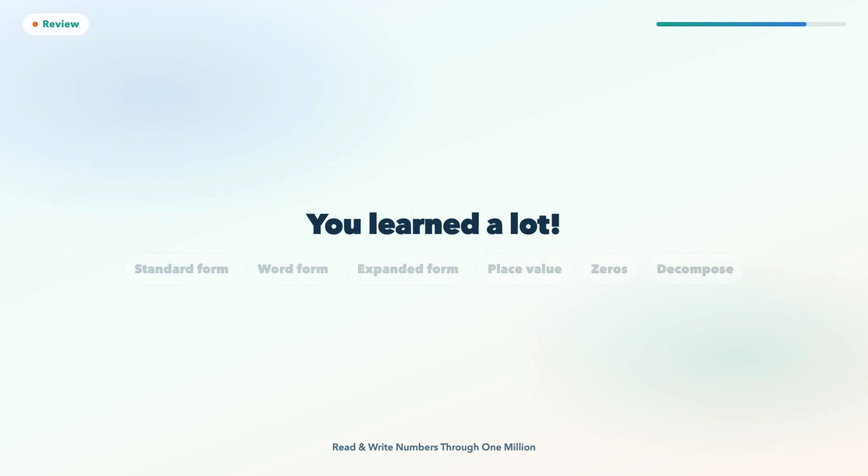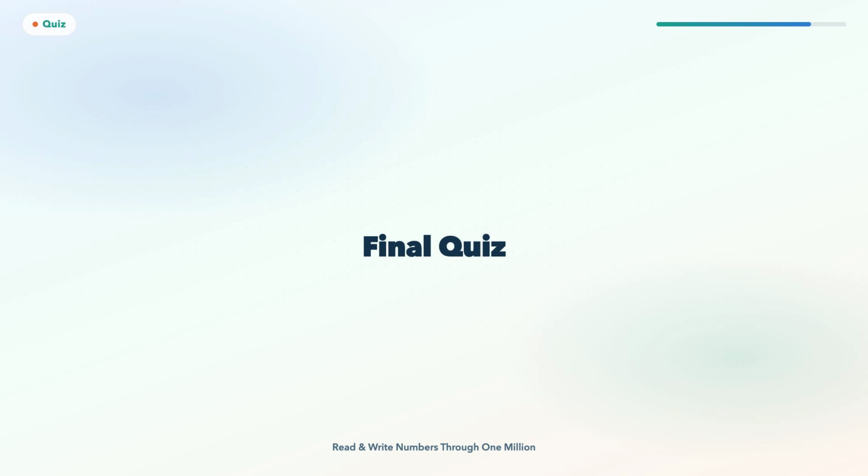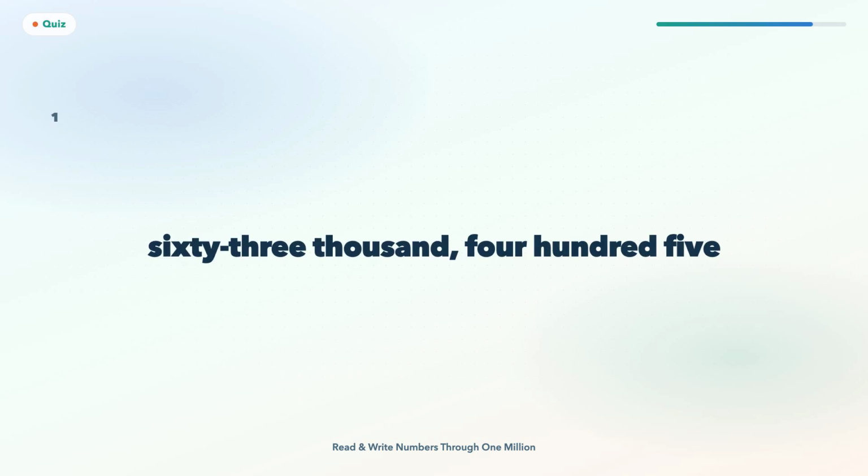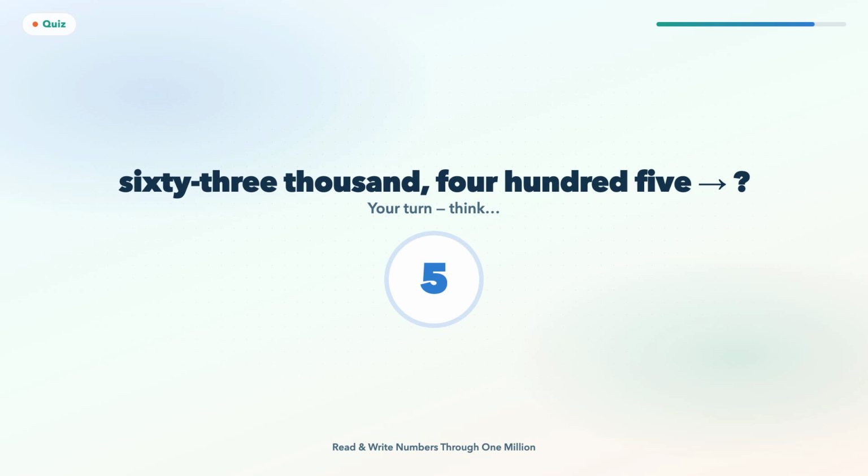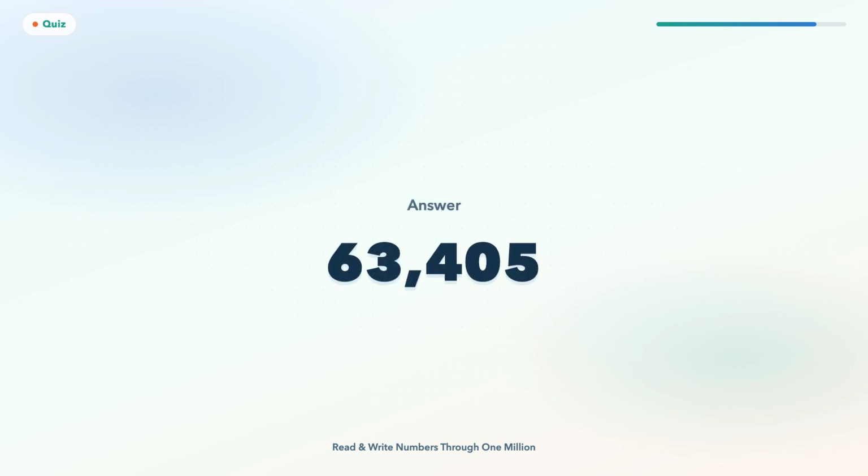Quick review. Standard form uses digits. Word form reads period by period. Expanded form shows each digit's value 2 ways. Zeros hold empty places, and place value helps us catch mistakes and solve problems. Final quiz, 5 questions. Pause, answer, then check with me. Question 1. Write 63,405 in standard form. Write it down. 63,405. The tens place is 0, so we write